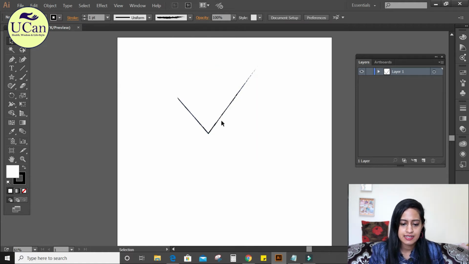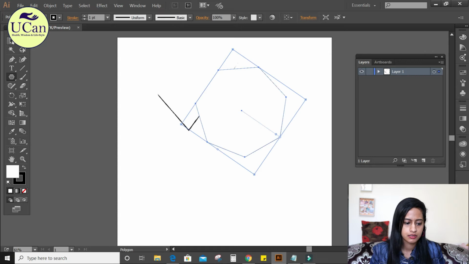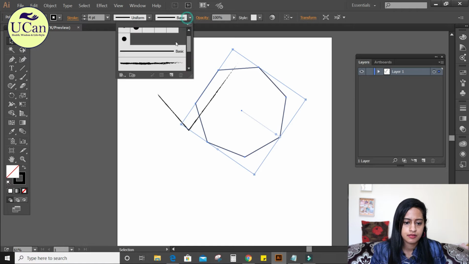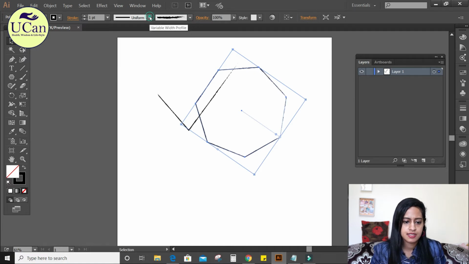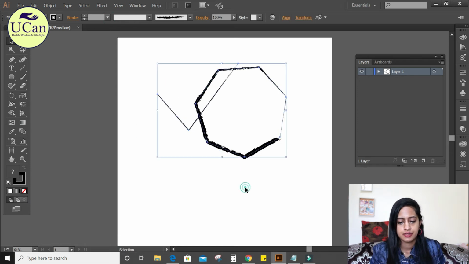So this is your artistic line. If you want, you can play around with the shapes. So see, you can make it artistic, you can change the points, either way.